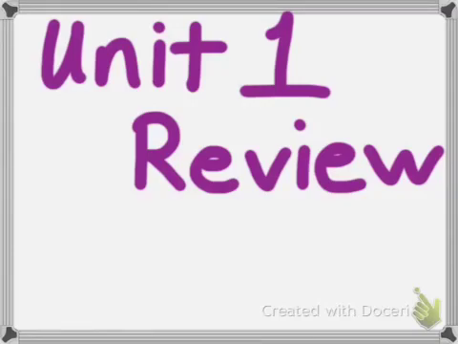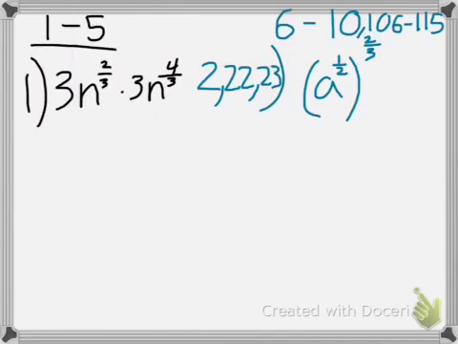Here's the Unit 1 review. So if you're working on your quiz retake pass, and you're not exactly sure how to answer all the questions, what you can do is just skip through this video and look at the different segments. For example, this one right here, when we do these two problems, the black one will be for problems 1 through 5 in the quiz retake, and this number right here indicates, sorry about the bell,